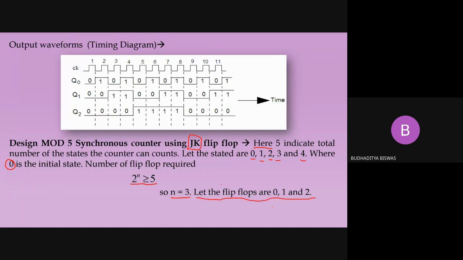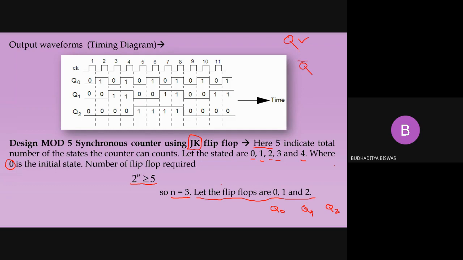That means for flip-flop 0 the output should be Q0, for flip-flop 1 the output should be Q1, and for flip-flop 2 the output should be Q2. Any confusion? Generally we take the flip-flop output as Q. We know that in a flip-flop there are 2 outputs, one is Q and another is Q bar. But when the question asks what is the output of the flip-flop, always mention the Q value. Q bar is nothing but the complement of Q. If you have the idea about Q, then obviously the examiner will know that you also have the idea about Q bar. So flip-flop output always means Q.